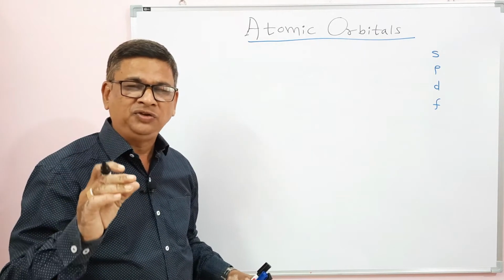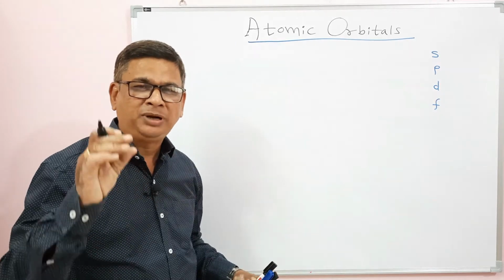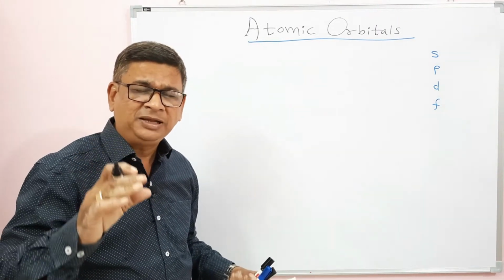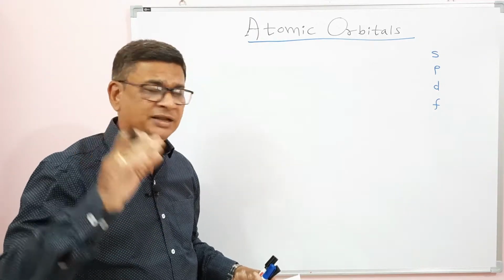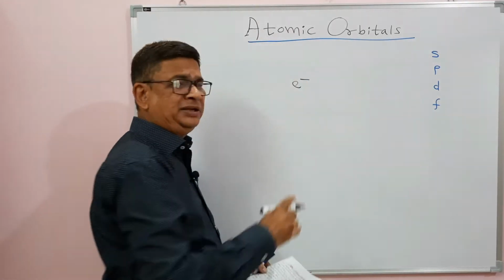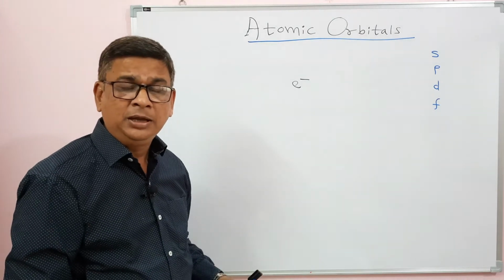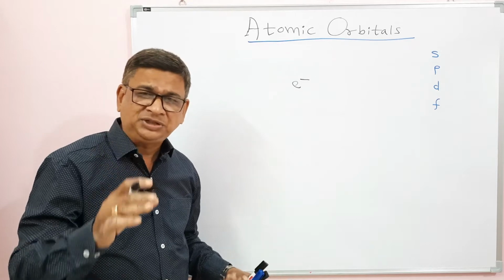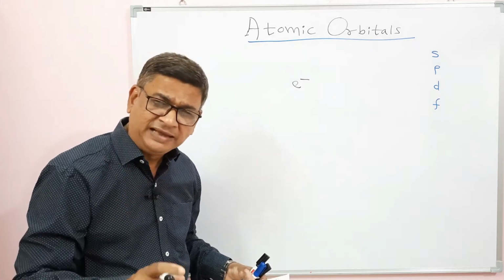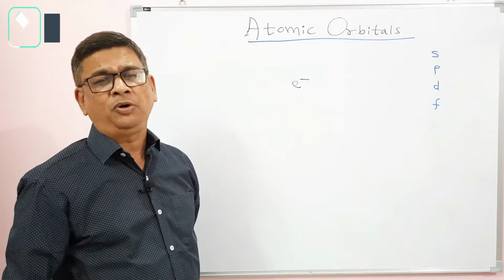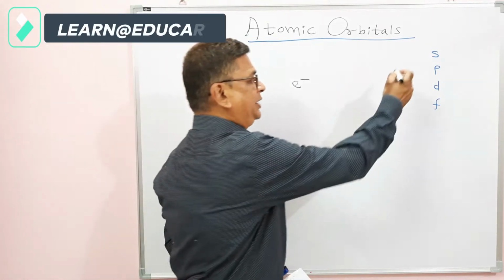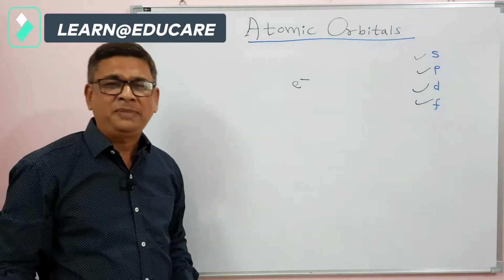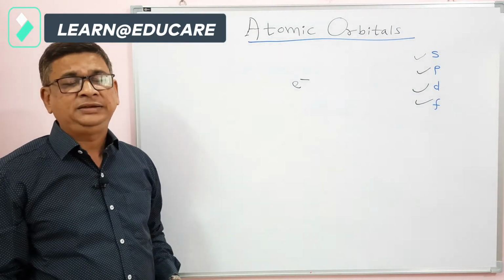We already know that nucleus occupies small volume, but it is a massive structure, has more mass. Electrons have negligible mass and negative charge, every electron is denoted by e minus, that means the charge is -1. But still, for the periodic table classification and atomic structure study, it is seen that there are four types of orbitals. They are denoted by S, P, D and F. Now we will take one by one every orbital's detail.